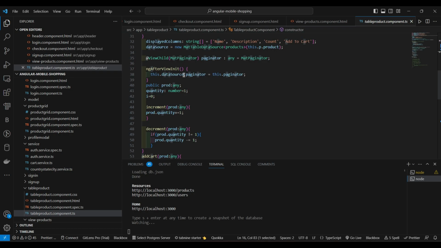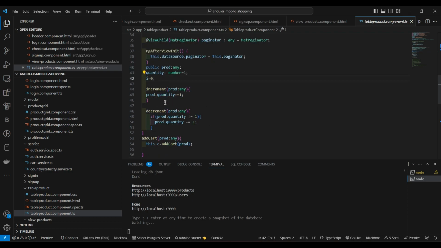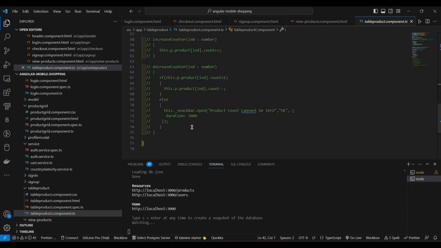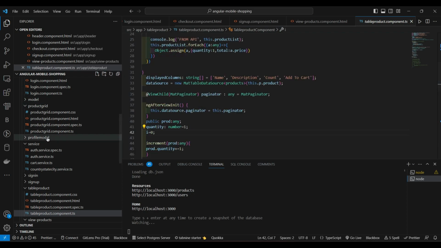set this paginator to this.dataSource.paginator, and we have some initializations like for prod any, quantity number 1, and then i equal to 0 initially. So increment and decrement have the same functionality, and add to cart also has the same functionality I used. Okay,